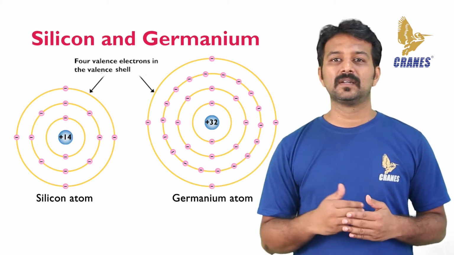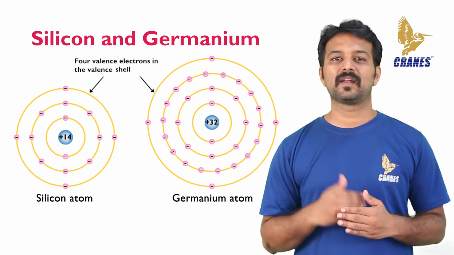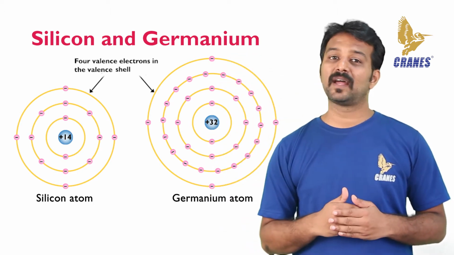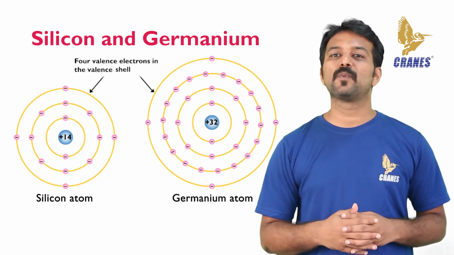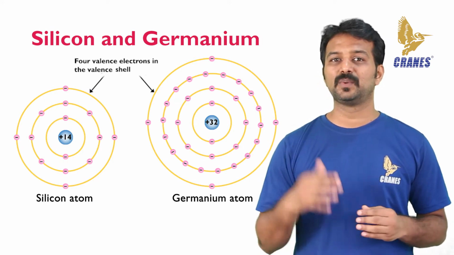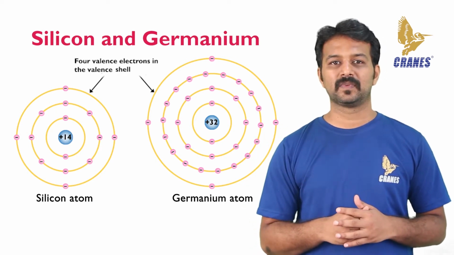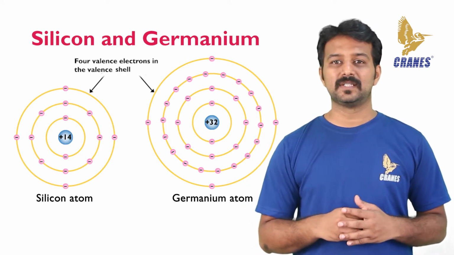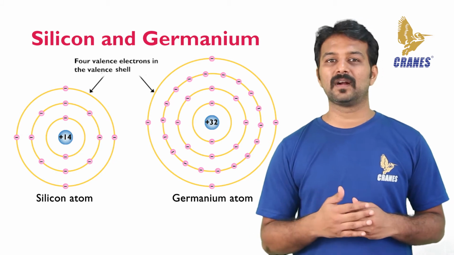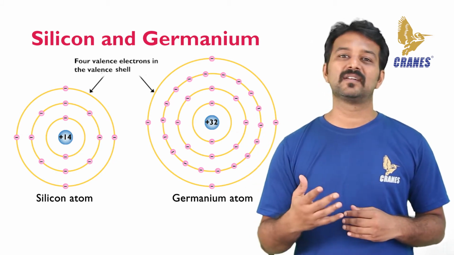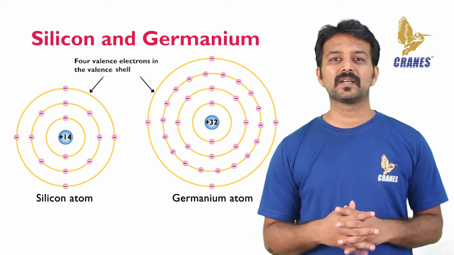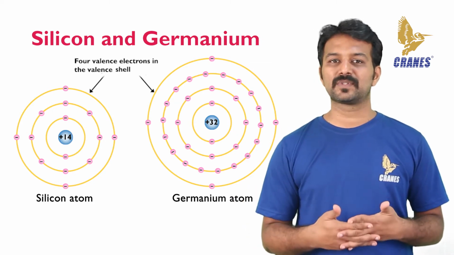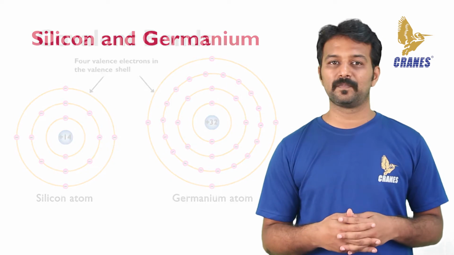This means that germanium valence electrons are at higher energy levels than those in silicon and therefore require a smaller amount of additional energy to escape from the atom. This property makes germanium more unstable at higher temperatures and it results in excessive reverse current. This is why silicon is the more widely used semiconductive material.